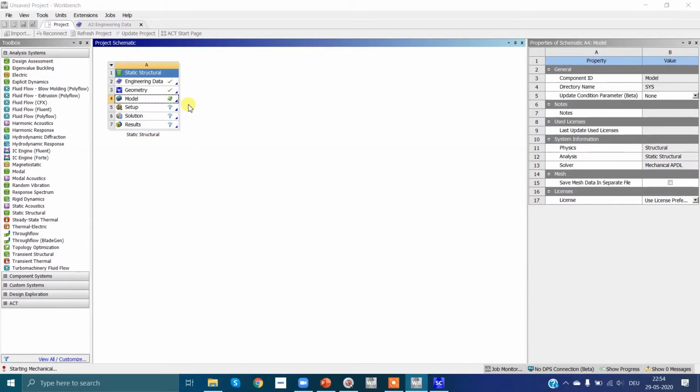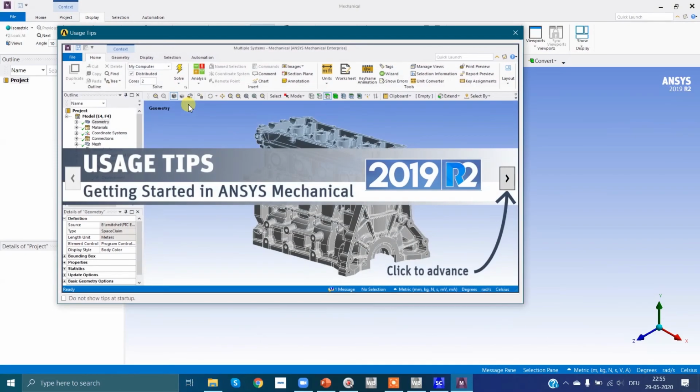It will take some time to open. Yes, it's opened. We will cancel this user tips window.